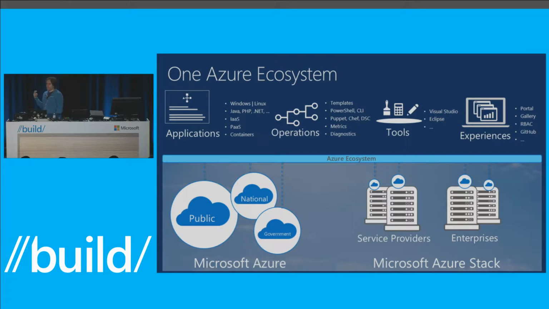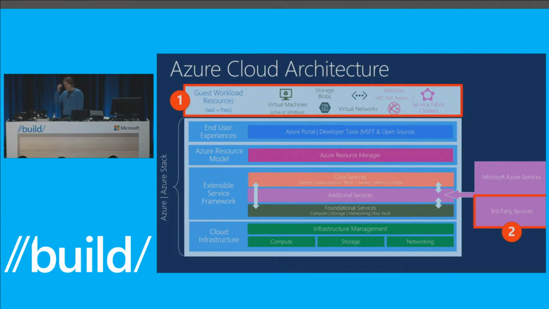Jeffrey Snover is our technical fellow. He coined this expression that a cloud is a model, not a place. So what we're saying here is that Azure ecosystem of tooling and operations and everything is that cloud model. And then you can have it in any place you like, be that a private space or be that in a hosted world or in the public cloud. Same cloud model. So underpinning that cloud model, what enables it is a single cloud architecture. So there's an Azure cloud architecture that we instantiate in all these instances of the clouds.